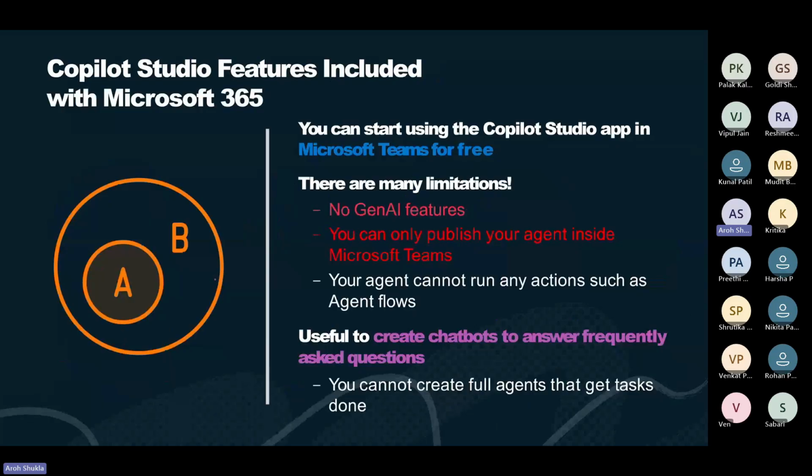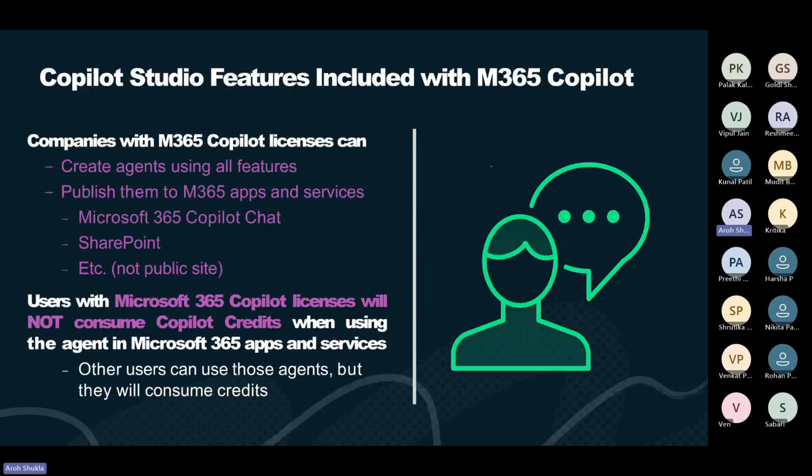So when you have your own Microsoft 365, right? You have Copilot default, right? And then we're going to use Microsoft Teams, right? I'm talking Microsoft Teams. Then you don't have Gen AI features, right? And you can't publish to any other service. For example, in SharePoint, Outlook or other places, you can't do it, right? So your features are very limited in that context, right? When you're using Microsoft Teams free or some other tools, that is a part of that, right? However, if you have Copilot features in that, then you have a per user plan, which you can use for all the features inside, right?